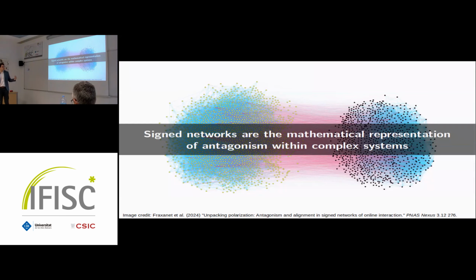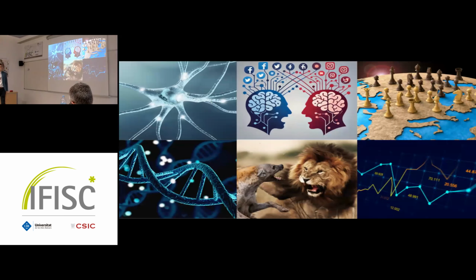By this, I mean that when we have a complex system, we usually need to account for its structure using a complex network. But when this system also has some type of antagonistic interaction, for example, anticorrelation, inhibition, or conflict, we need to introduce some attribute in the edges, and this attribute is usually positive or negative, and thus the network becomes signed. And this type of antagonistic interactions appear in many different systems, from neuroscience, sociology, international relations, molecular biology, ecology, or even statistics and economics.